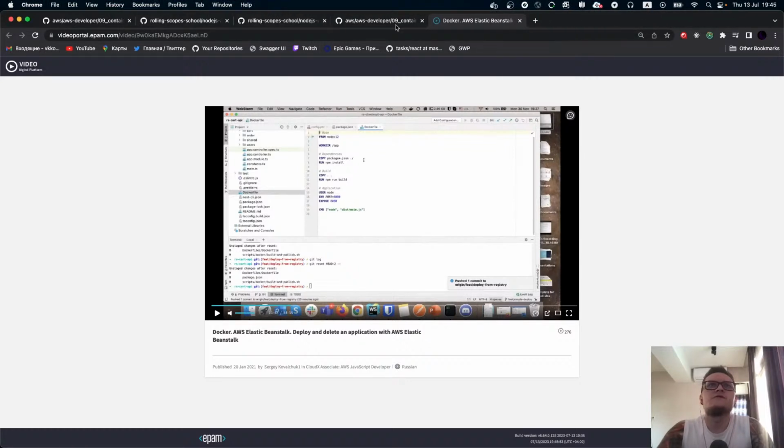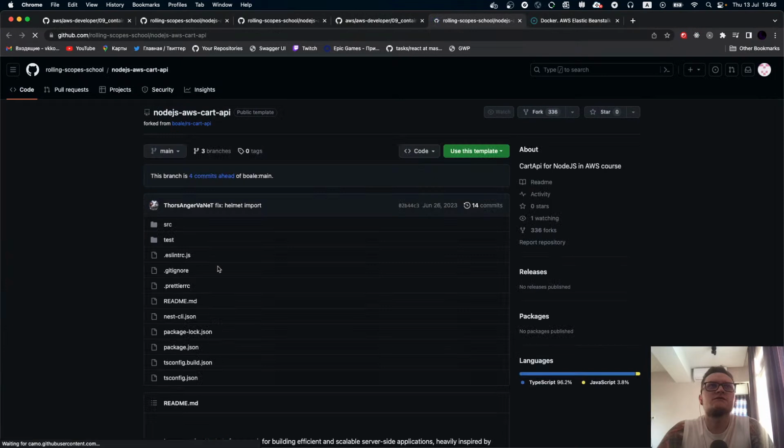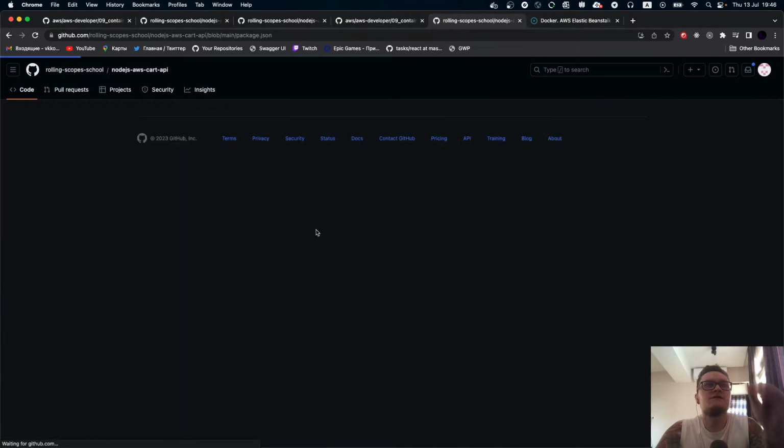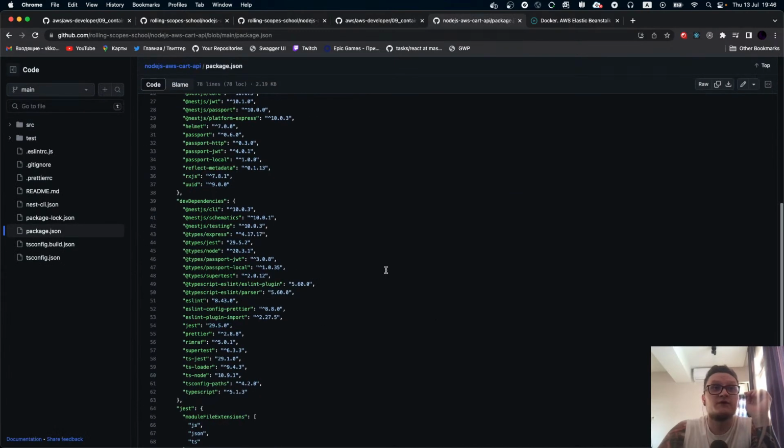Let's look at our card service template repository. As you can see, inside package.json we have pretty many dependencies. We have dependencies for our Nest.js application, our framework to run the server. We have Jest, Prettier, and some testing libraries.